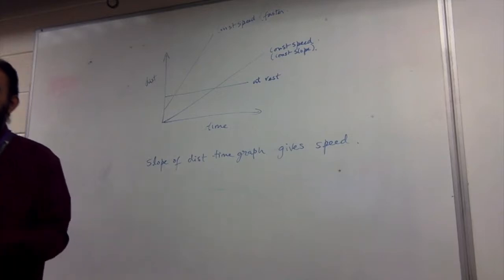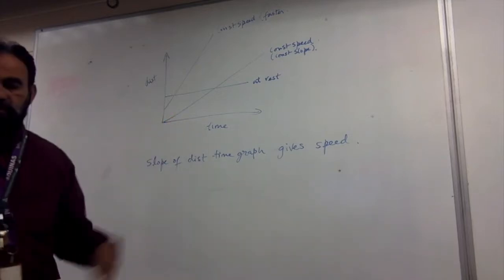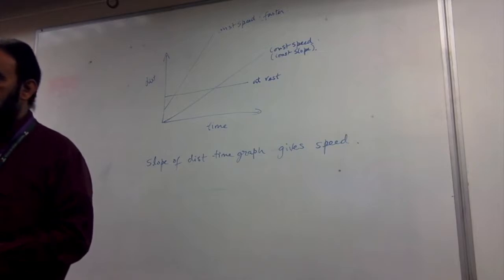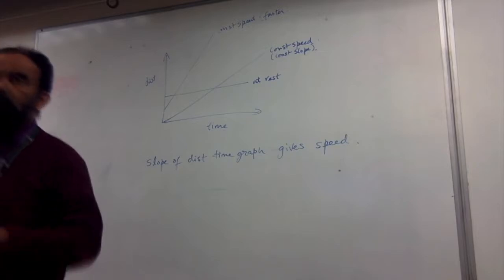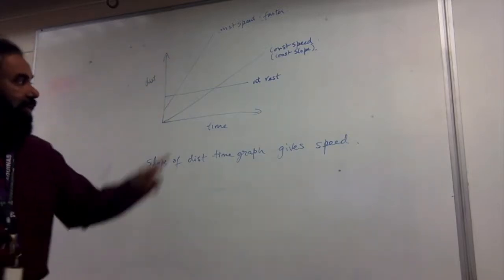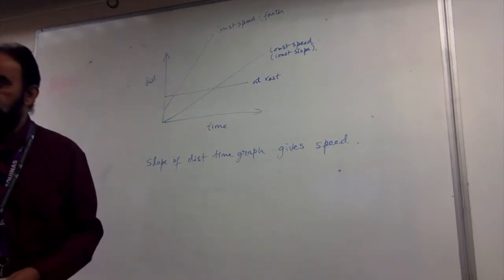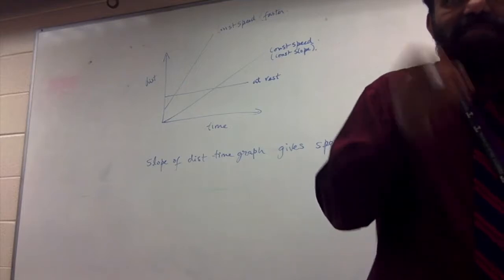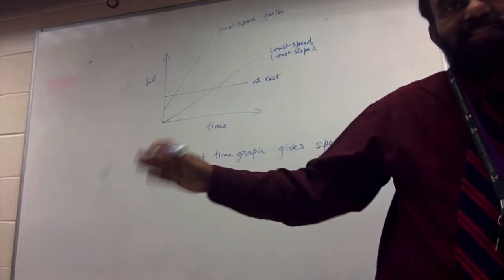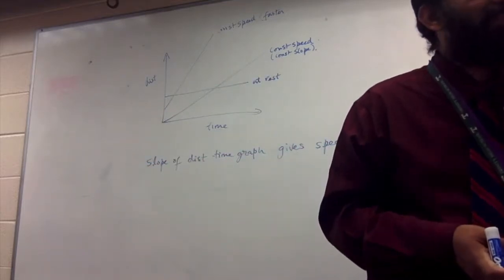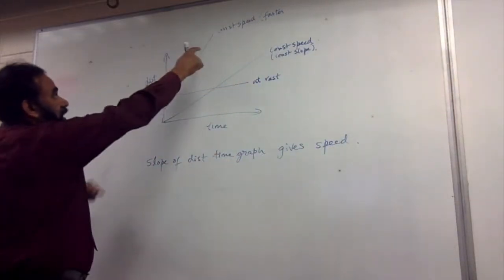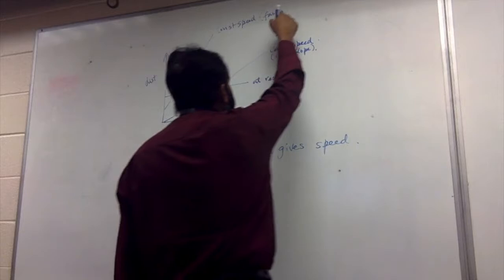If I'm standing here, this one says starting point is the origin, and then goes at constant speed. Whereas this one is not starting from here. It's already covered some distance. So when the time is 0, it's not at its original location, it is somewhere else, and then it is going on. So this line is constant speed, faster,